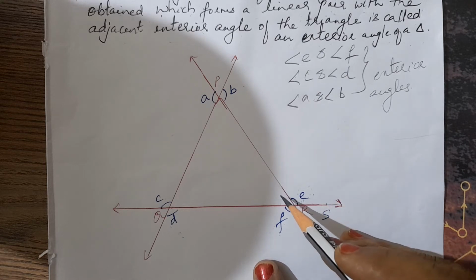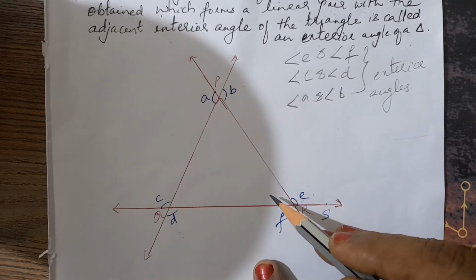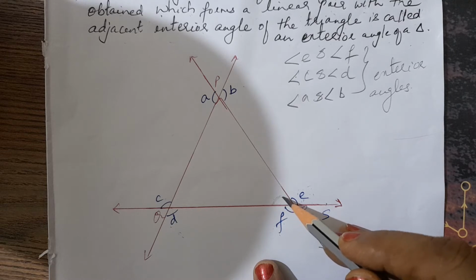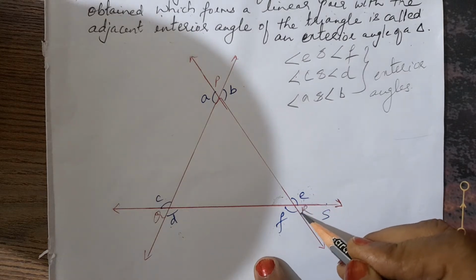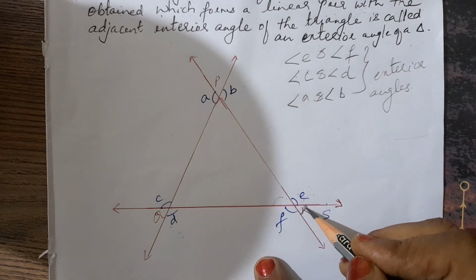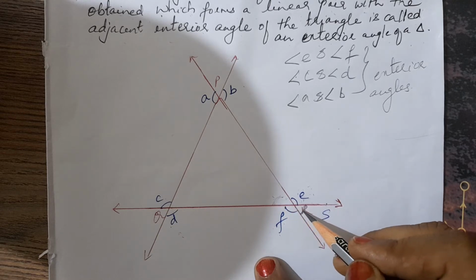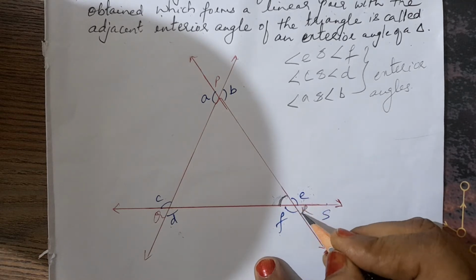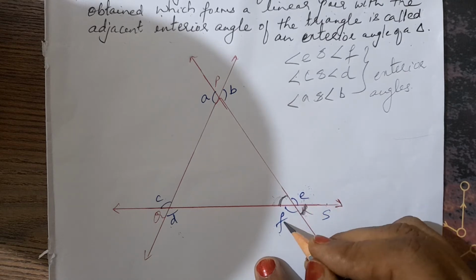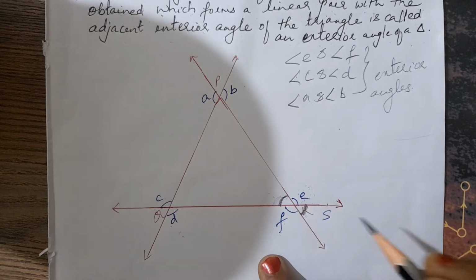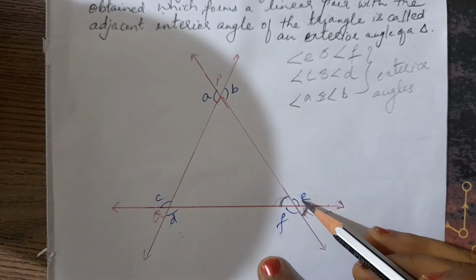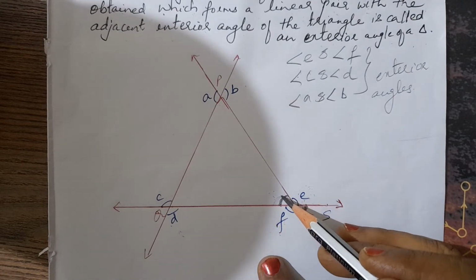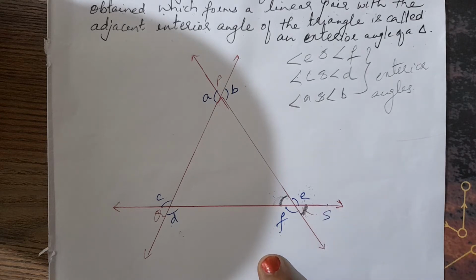And children, what about this angle then? This is forming a linear pair, correct? So this particular angle will be the vertically opposite angle for this interior angle. Now this is my interior angle. If I see this side, this will be my vertically opposite angle, and these two will be exterior angles, correct? So whatever the measure of this particular angle P, R, Q, the same will be the measurement of this particular angle.